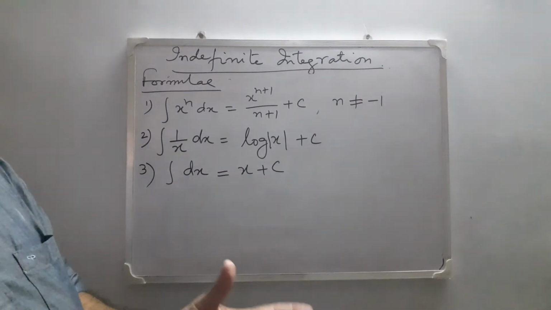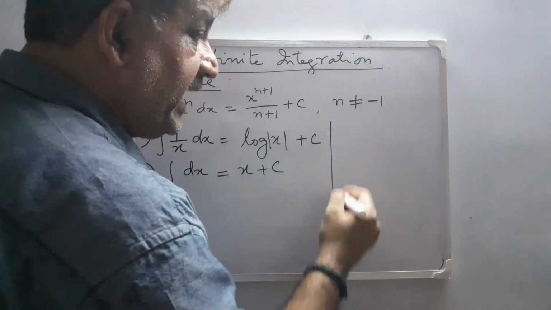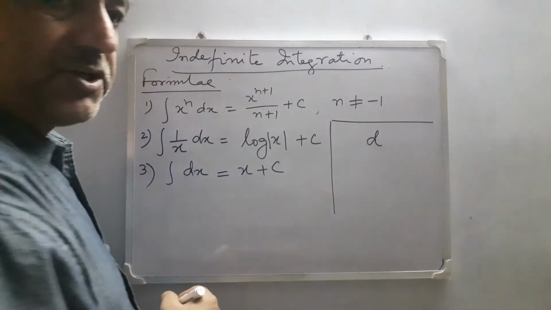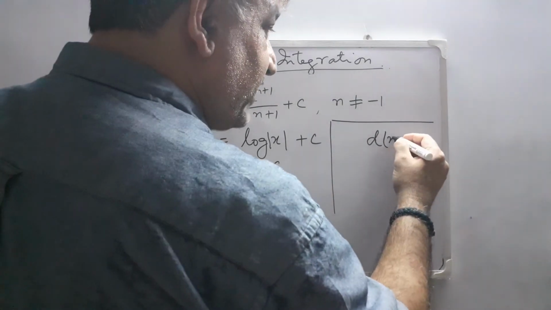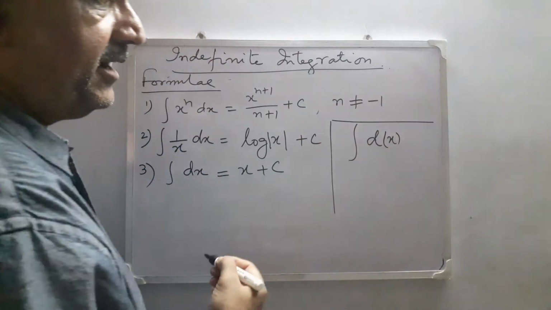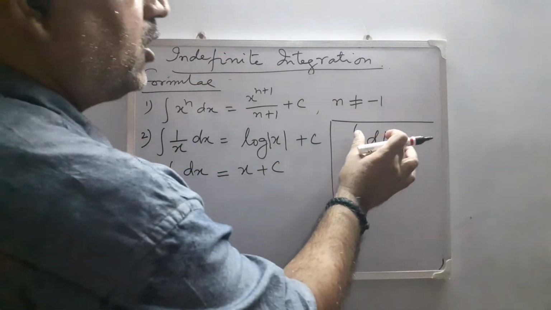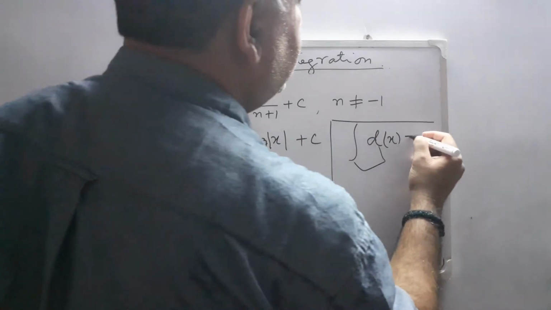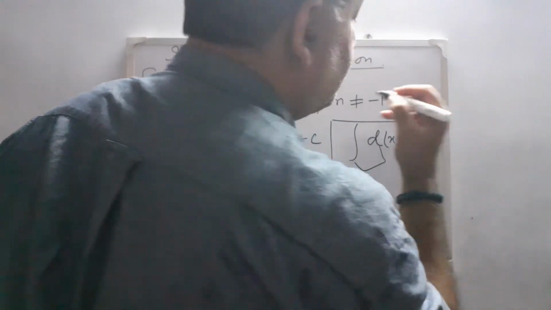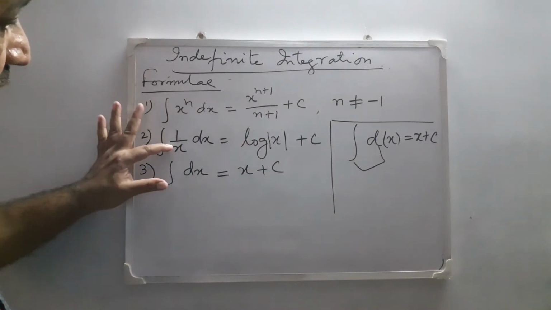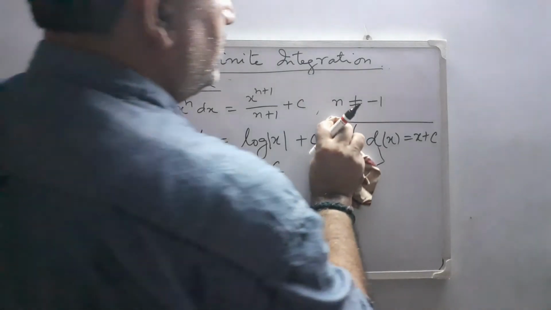Some experts may write that D stands for differentiation of x, and now if you are integrating it, integration and differentiation are reverse processes, so they will disappear and the final result is x, and then you have to write plus c. So in this way you can also remember this thing.